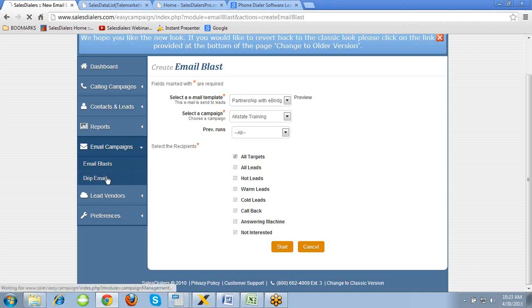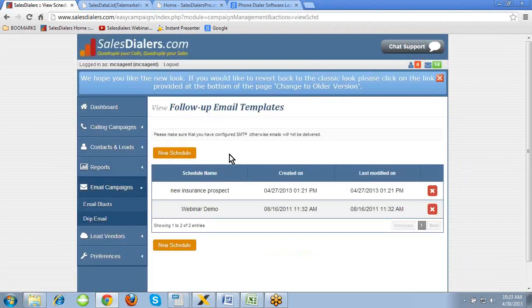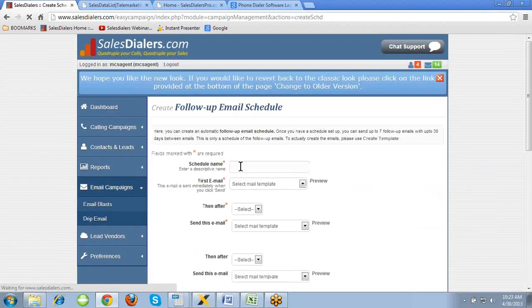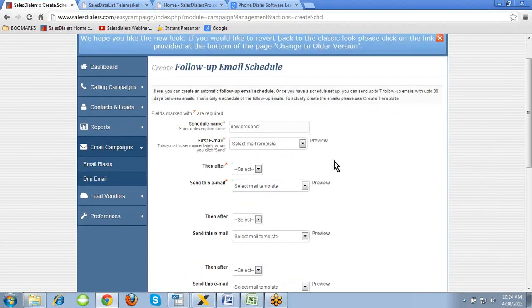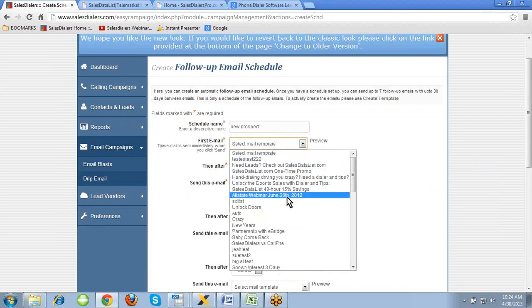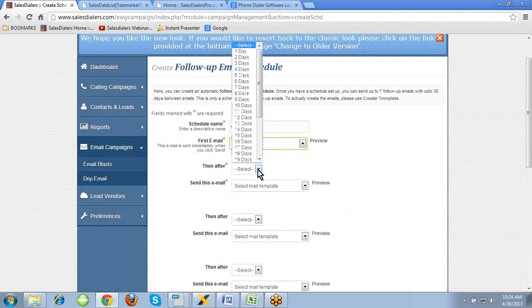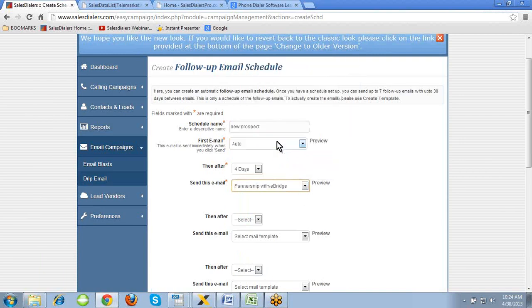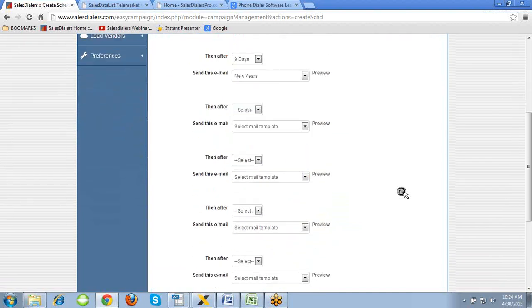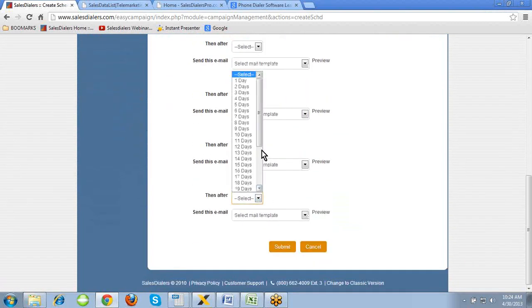Next module, drip email. Drip email is a series of emails that go out automatically over time. It is a schedule. So essentially you are creating a schedule, and you are attaching that schedule to a campaign where you're going to tell the dialer the first time you hit that send email button, you want that person to receive this email template. Then automatically after 4 days, you want them to receive this one. And then after 9 days, a different template. And you can just keep going on and on and on, and you can send 8 emails over the course